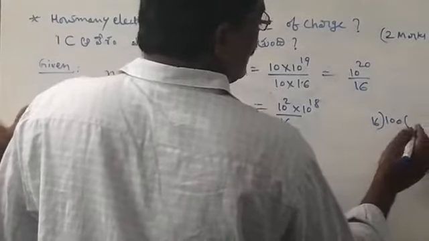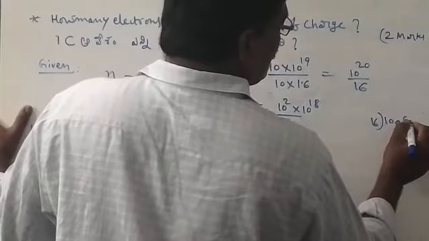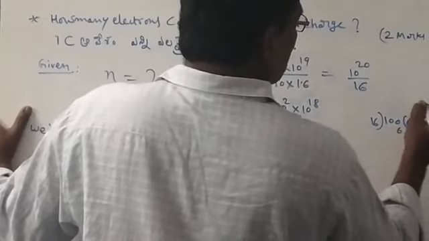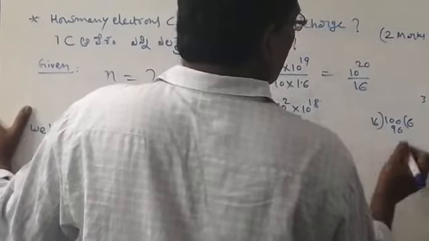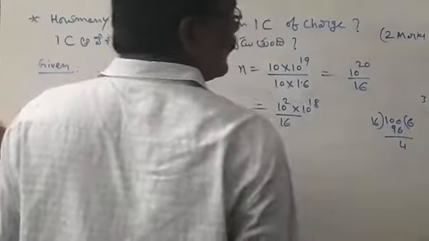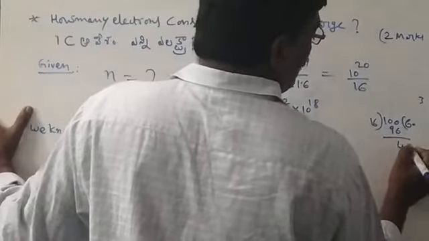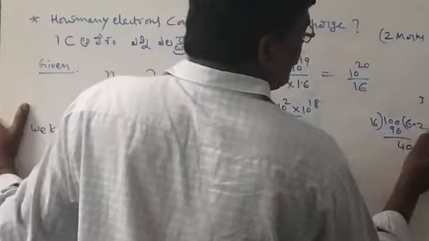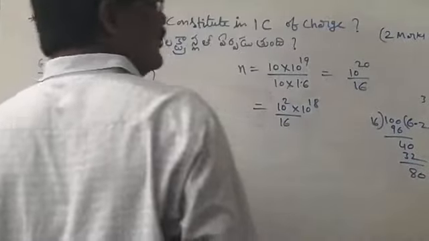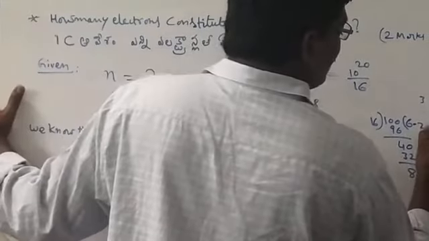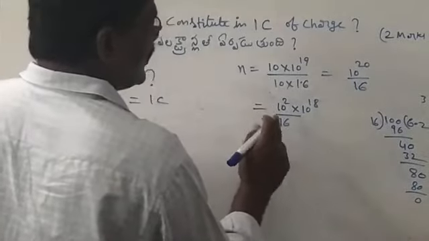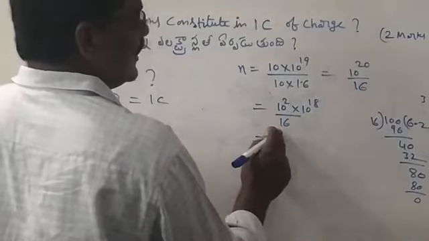Dividing: 16 sixes are 96, difference 4. Bring down 0, 40. 16 twos are 32, difference 8. Again bring down 0, 80. 16 fives are 80. So 100 by 16 is equal to